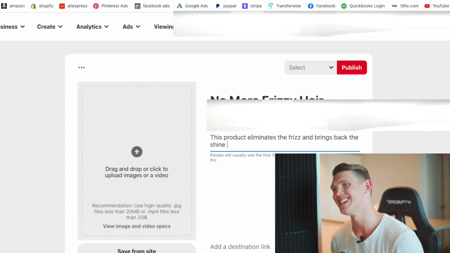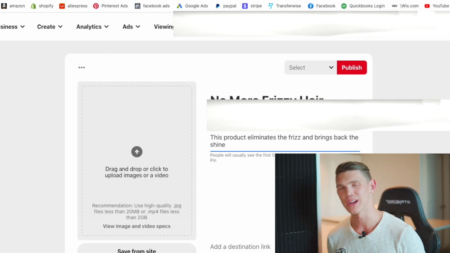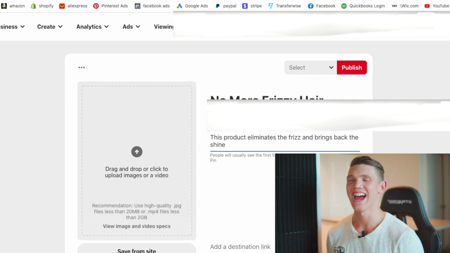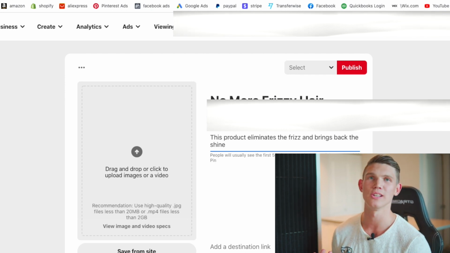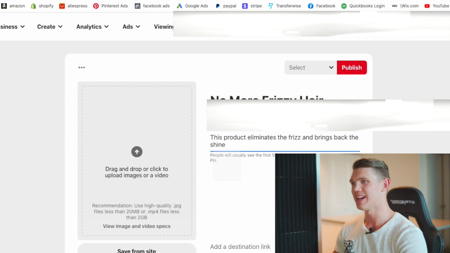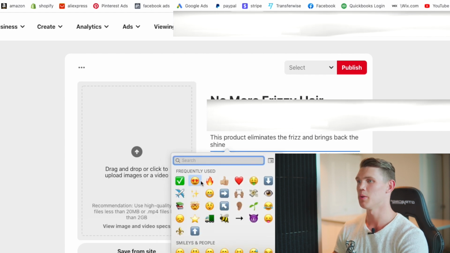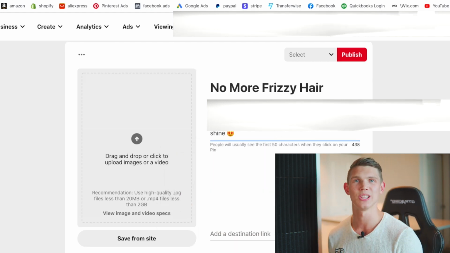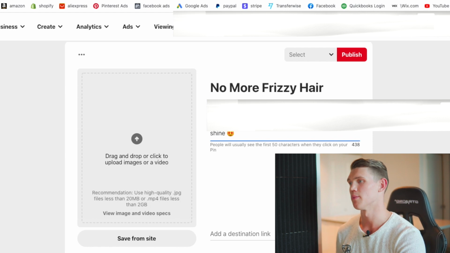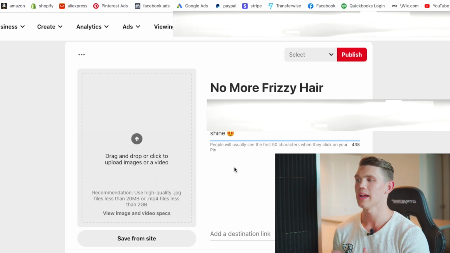Well, what that means is it eliminates the frizz and it brings back the shine, baby. So you're gonna have that beautiful glossy hair that all these girls want. And then what we'll do down here, since we are allowed to, is we'll put the little heart eyes because I do like to include emojis in my ad formats. Then over here, what you'll do is you'll just click this and drag and drop in your